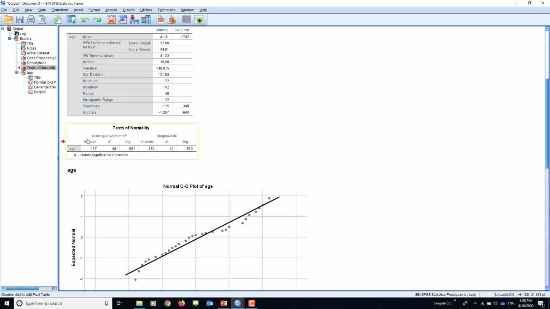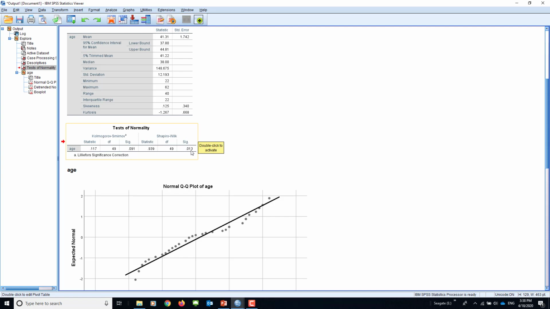Because our data is 49 in total, we select the Shapiro-Wilk test. We do not select the KS test, but if the sample size is greater than 50, we might have to use this. When you see here about the age,